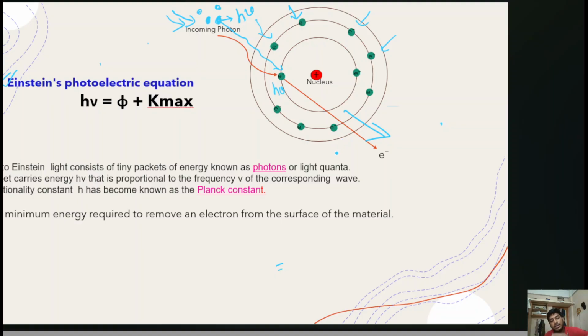One photon gives the energy to the electron, and it is ejected or not ejected. There is no time delay. One assumption is explained. Another assumption is that